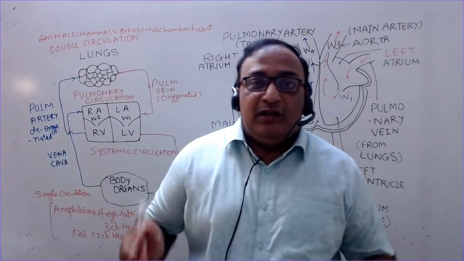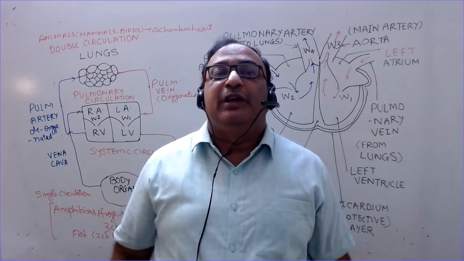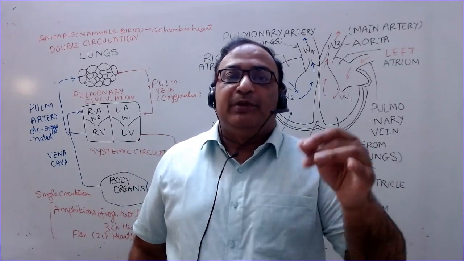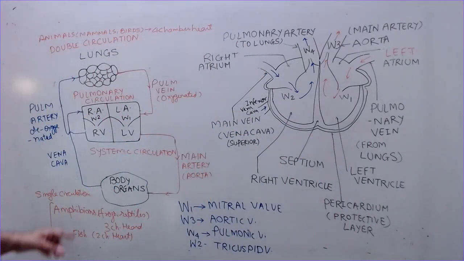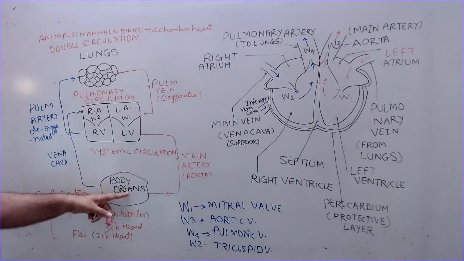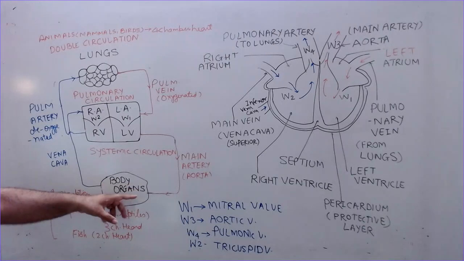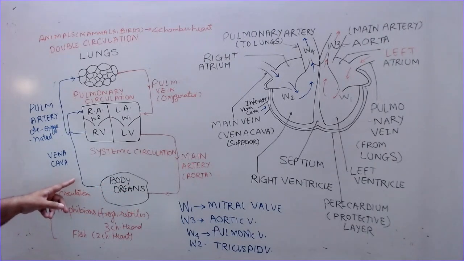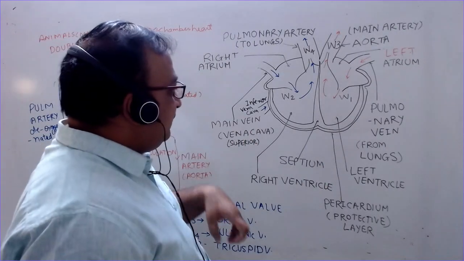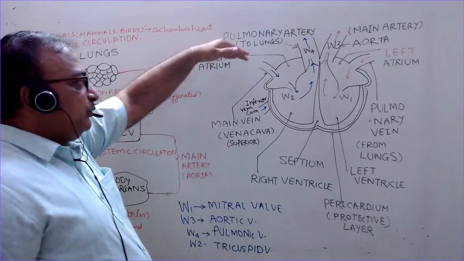The aorta and other blood vessels are further divided into very small capillaries, and through these capillaries the blood is moving to every cell, every organ of the body. And after this, when the organs absorb the oxygen for the purpose of internal respiration, the blood becomes deoxygenated. The color here has changed. So now the deoxygenated blood is moving through another blood vessel, the vena cava. I have defined here what the vena cava is. It is superior and inferior.